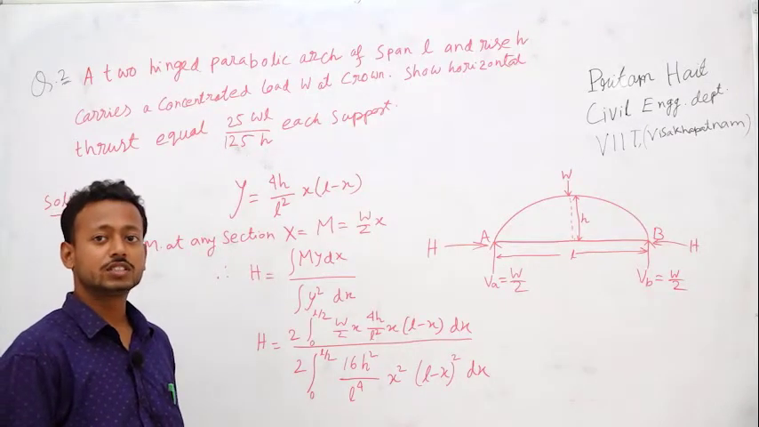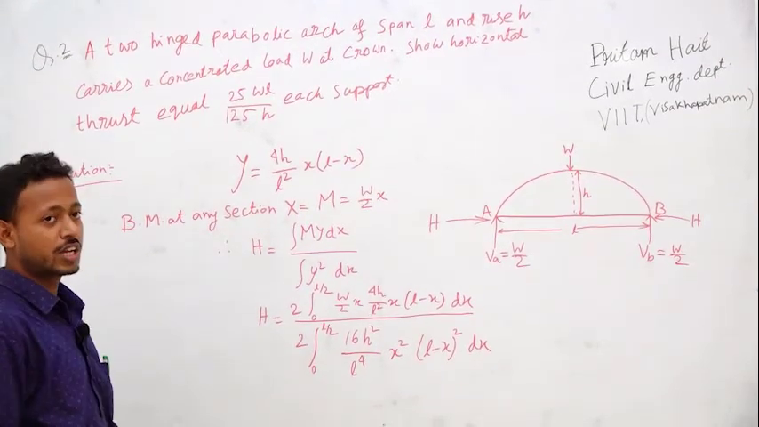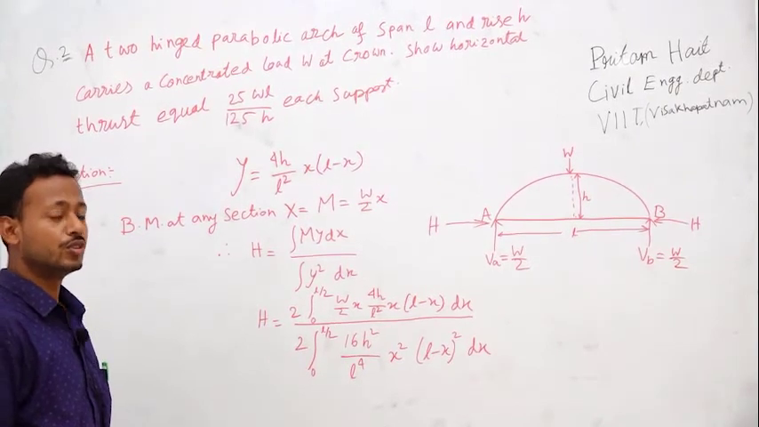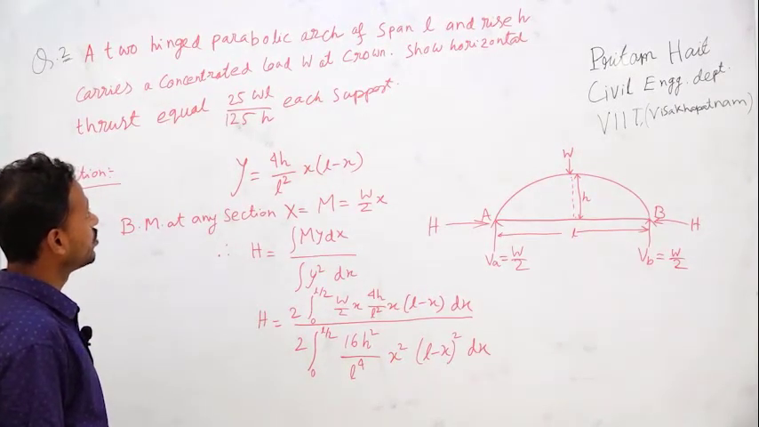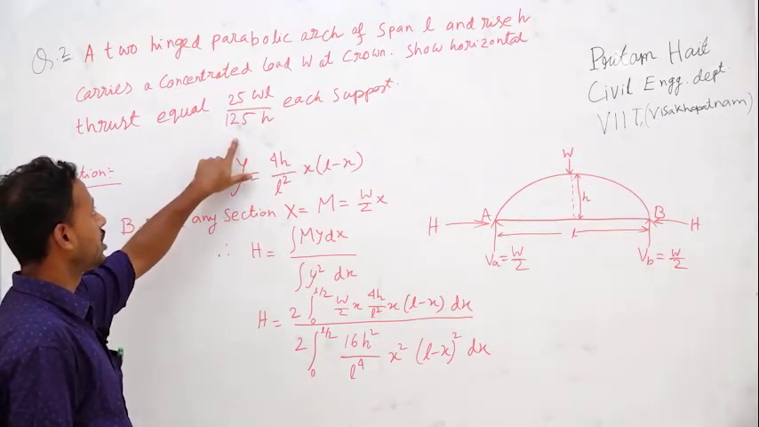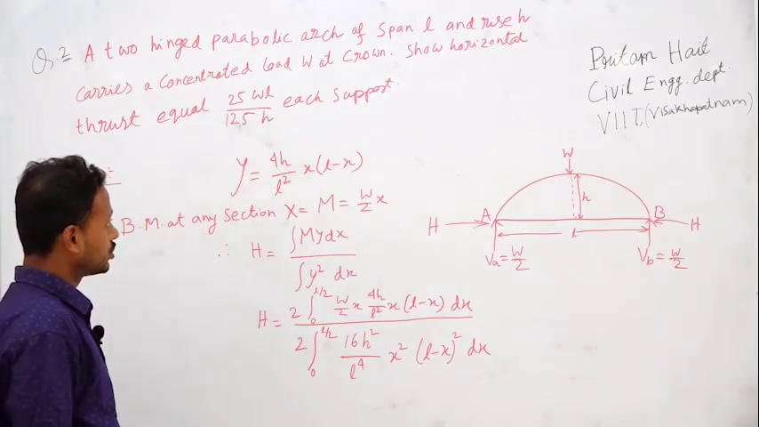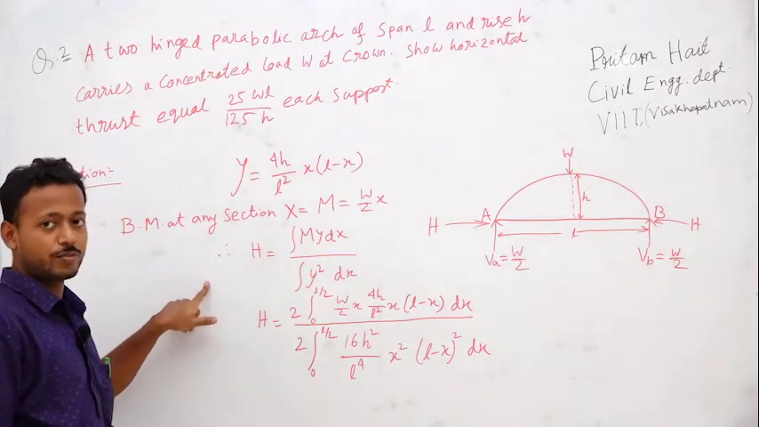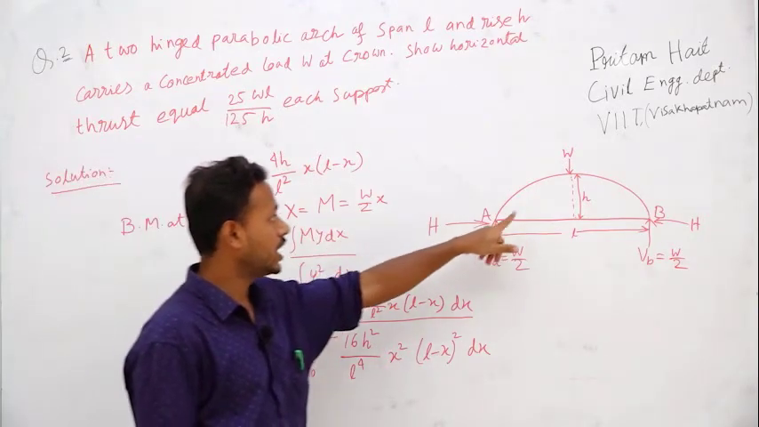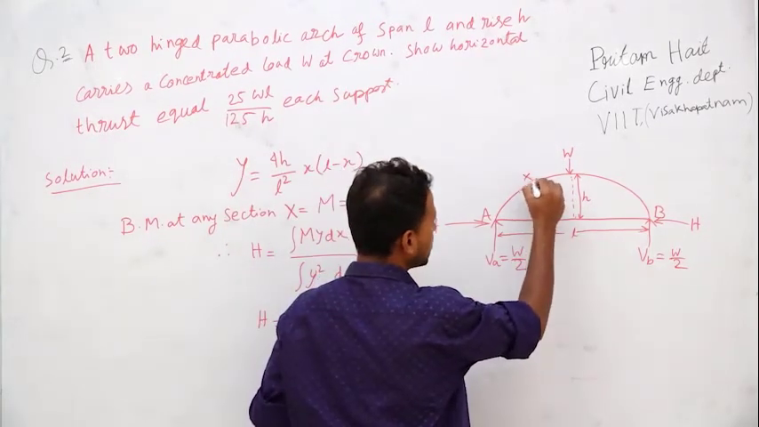I am going to discuss a two-hinge parabolic arch subjected to a concentrated load W at the crown. We have to show that the horizontal thrust equals 25 WL by 128 H at each support. As we have already derived, the ordinate at any section x